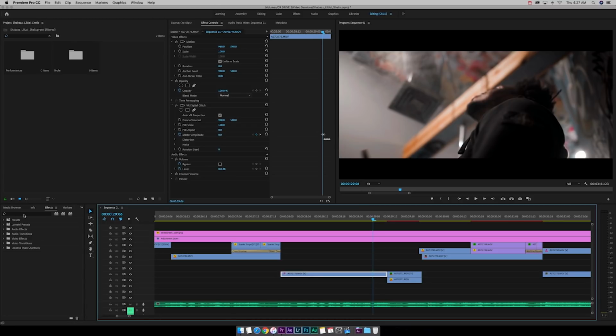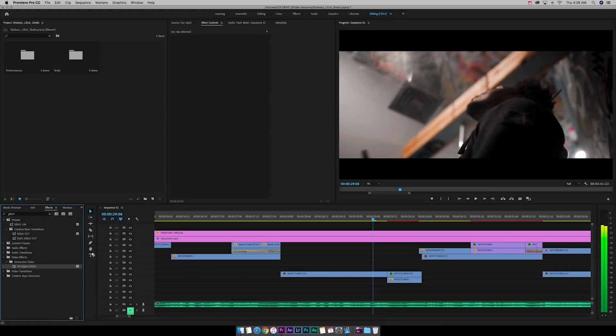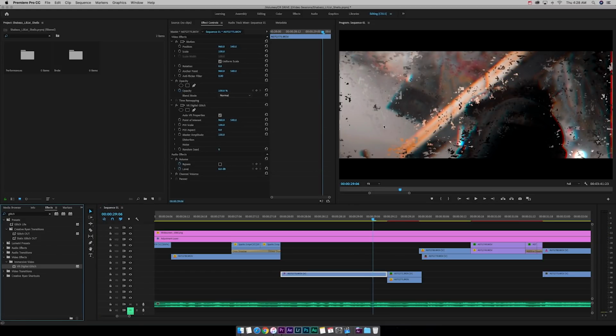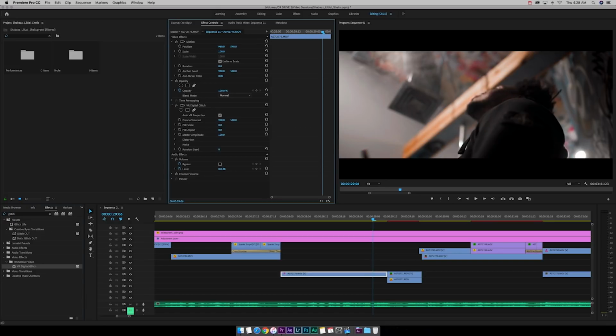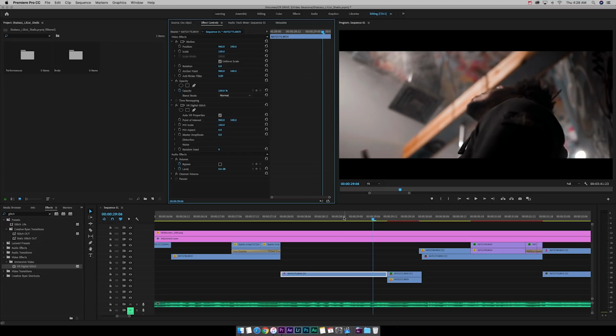So boom, if you come over here to your effects box, you want to type in glitch. Now in Adobe Premiere Pro, they have something called VR digital glitch right here. So you want to drag that onto your clip and now you can see that it already affects it. Now what you want to do is start playing around with these effects. You want to take the master amplitude down for the first frame so that it doesn't affect the rest of